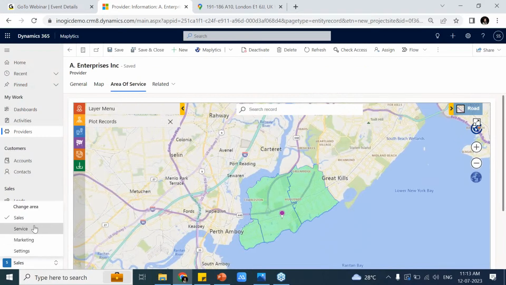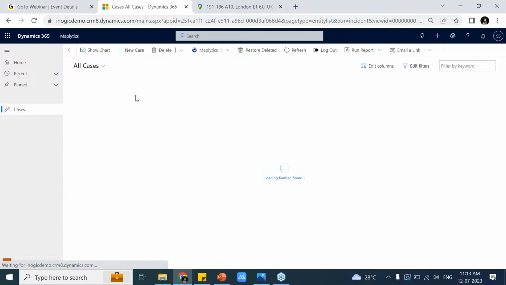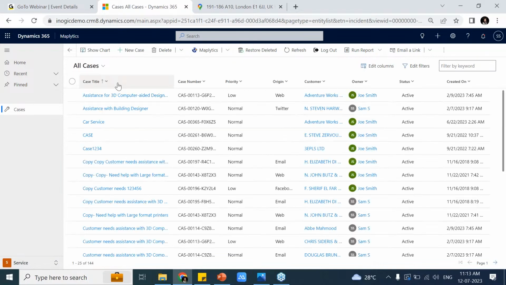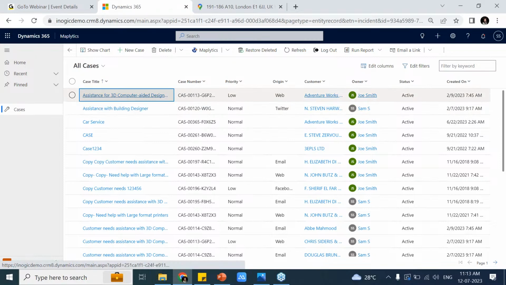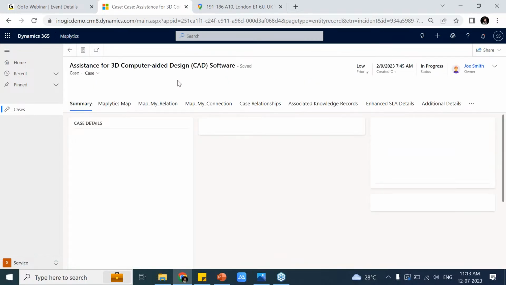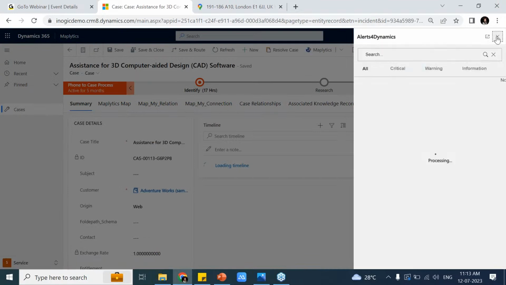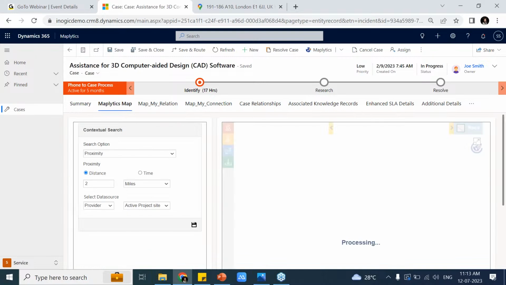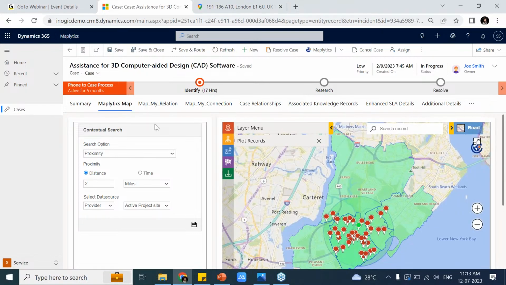I have got a customer, or rather a case, and he wants to understand where he can go in order to get things sorted out. So here I have listed all my cases. These are my cases. The first case is from Adventure Works, and the person wants to understand where exactly he can go, or which center he can visit, so that his problem is solved. In that case, I can go ahead with the Maplytics map over here,